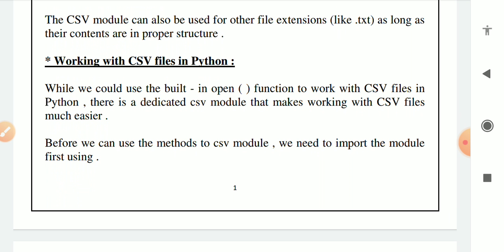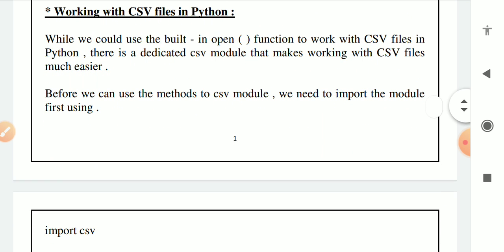There is a dedicated CSV module that makes working with CSV files much easier. Means there is one module, the name of the module is what? CSV module. So we have to import this module to use the functions present inside it. The module name is CSV.